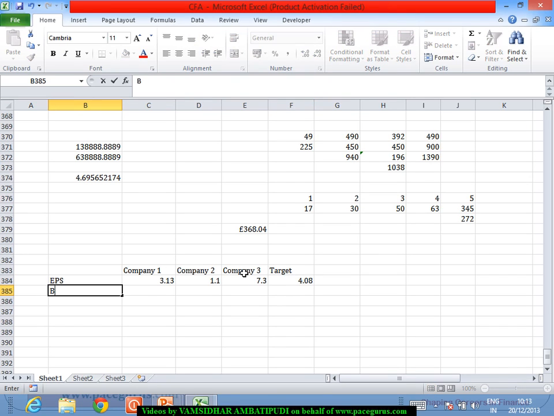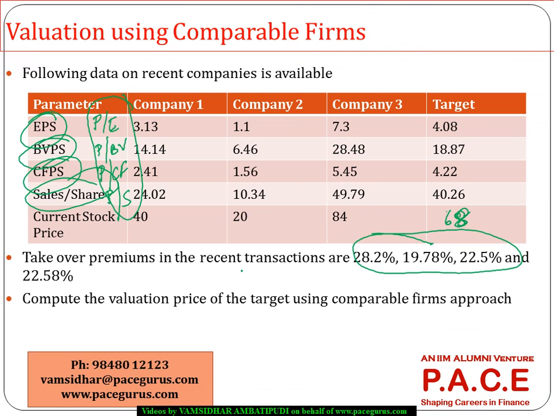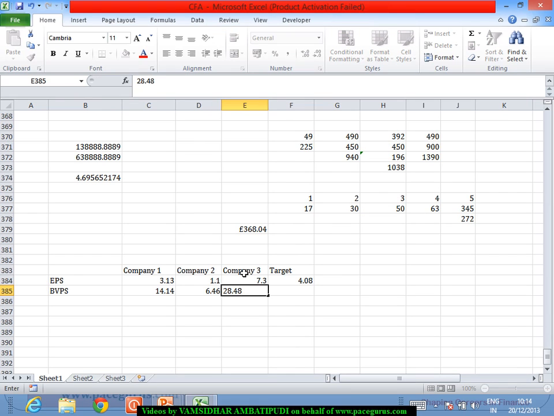The book value becoming 14.14, 6.46, 28.48 and 18.87. The cash flow per share